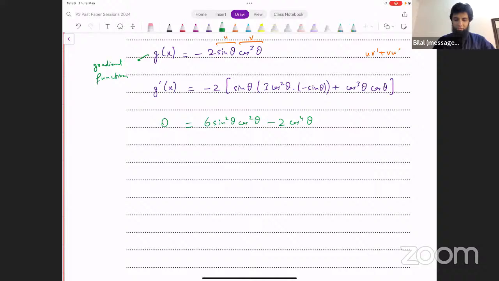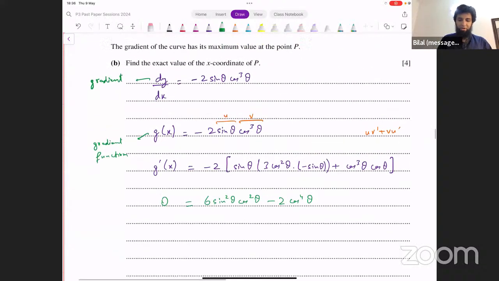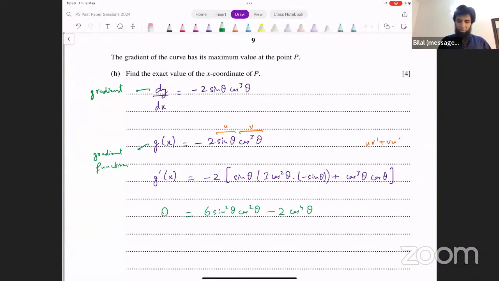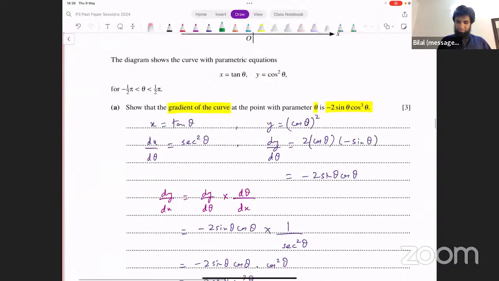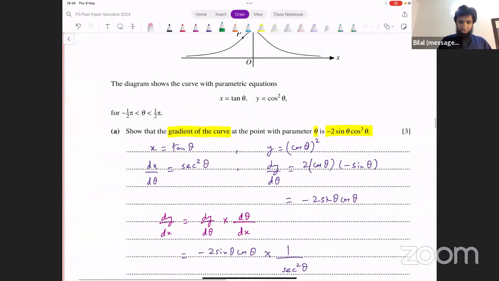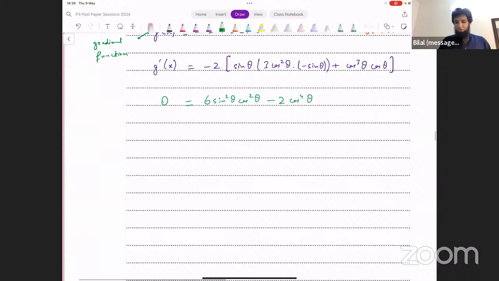How do you do that? It's a simple trigonometry equation now. Do we know the interval for theta? Yeah. Theta is between minus pi over 2 to plus pi over 2. Okay, let's solve this equation. How can we solve this? We can take 2 cos square theta common. That leaves us with 3 sine square theta minus cos square theta inside, that equals 0, which means either cos